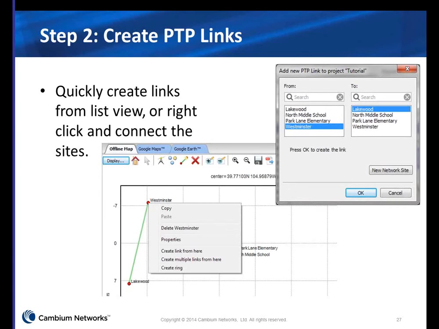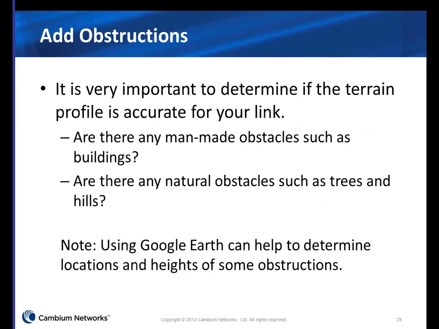Once you have your sites in, we can create a link. There's an Add New Link window menu where you can select the 2 ends, or again you can use the map functions and select the link icon and just drag from one site to the other, and it will create your link for you. Once you have your link,